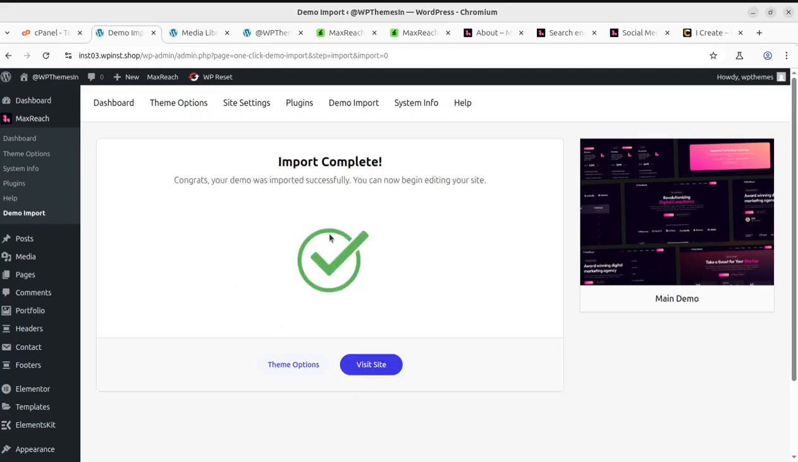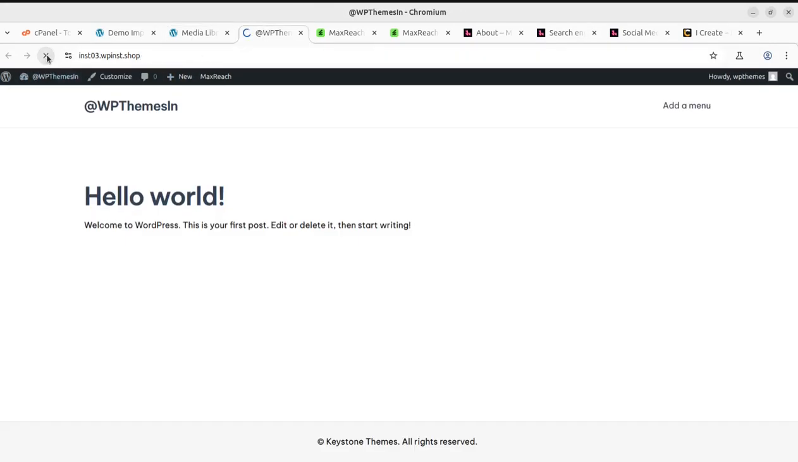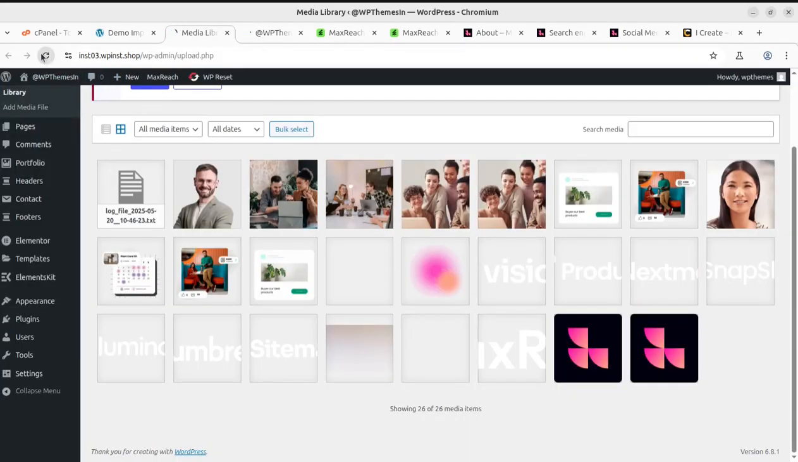Okay, great. So in around 2 minutes, I got this cool message: import complete. Congrats, your demo was imported successfully. You can now begin editing your site, right? So I can refresh this page first of all to check our new website, and I can also check the number of media items here